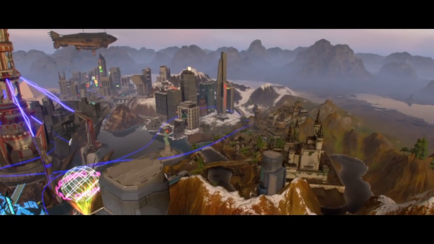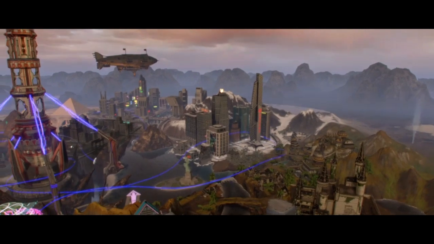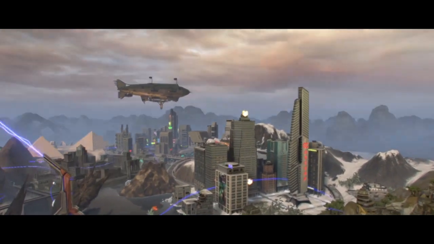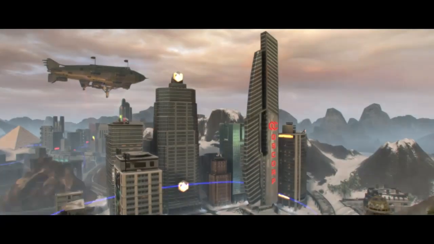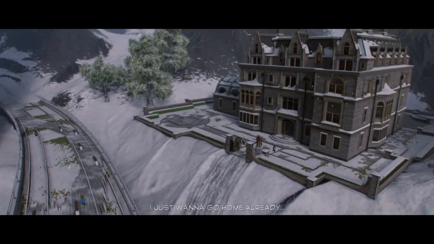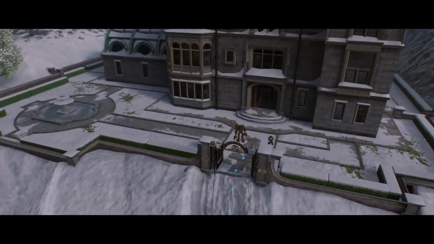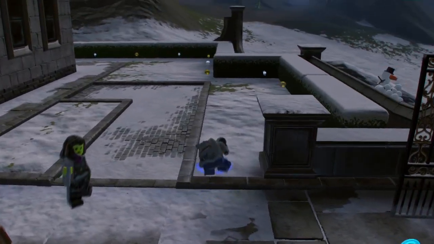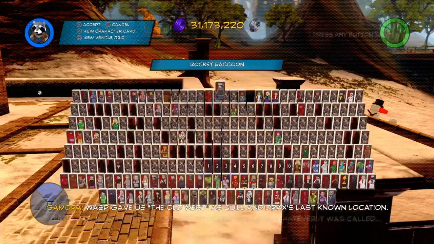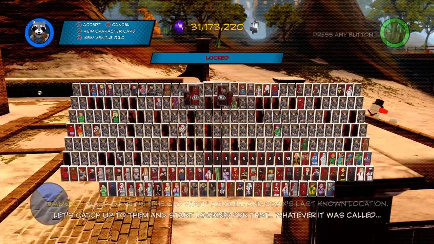There's so many obscure characters in this game that it's probably just going to end up being someone I've never heard of, whose power we need. Yeah, this is literally the only obstacle I've never worked out how to get past. West as Quill and Drax's last known location. Let's catch up to them and start looking for that...